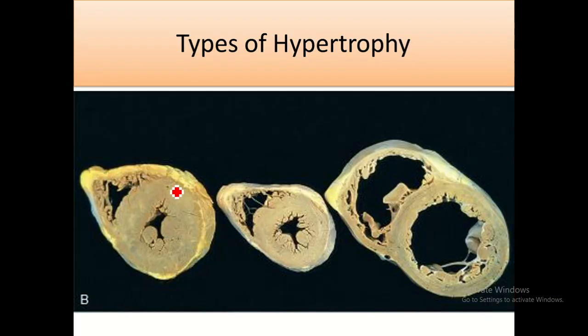So during this compensatory mechanism, heart chambers will undergo this type of hypertrophy or dilation. Like in the first two cases, there is massive hypertrophy of the chamber. Hypertrophy is so profound that the chamber has become a very small cavity, so it will result in diastolic failure. While here in the third case, there is dilation of the chamber plus hypertrophy of the wall.